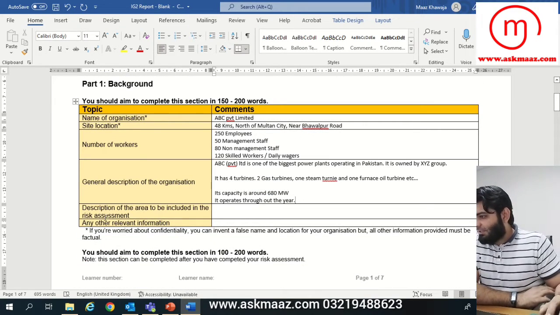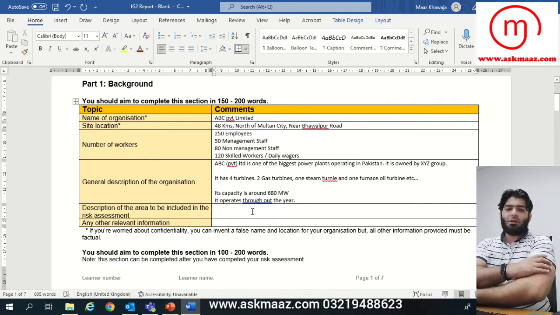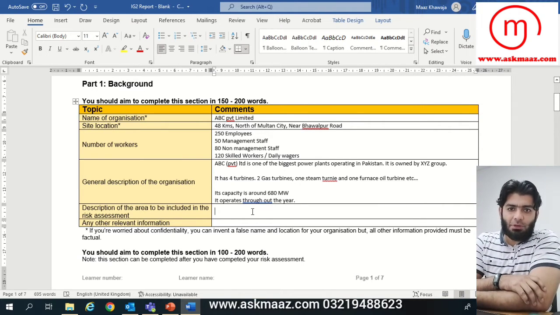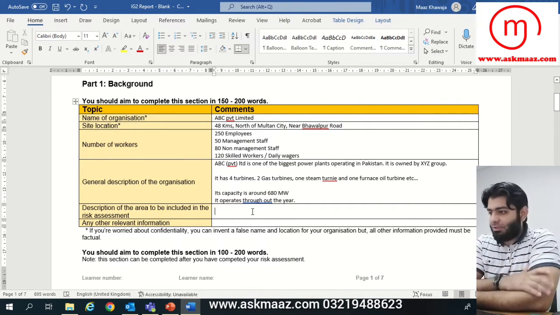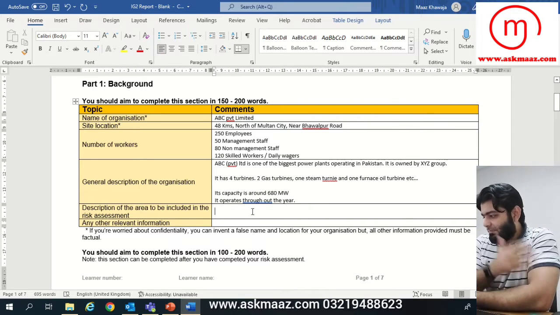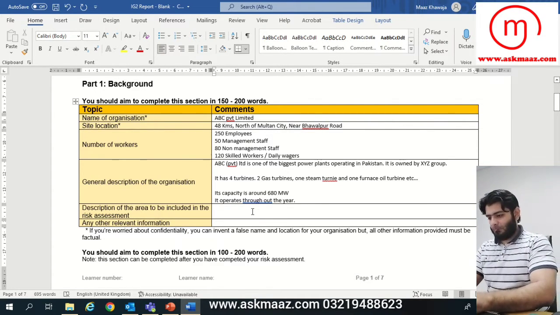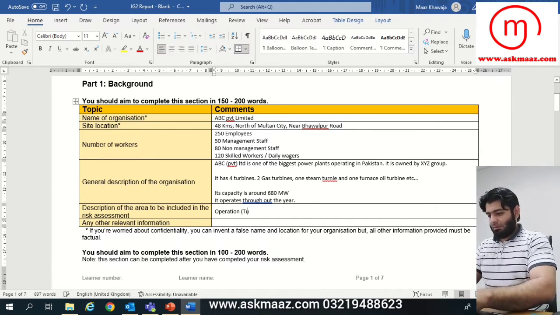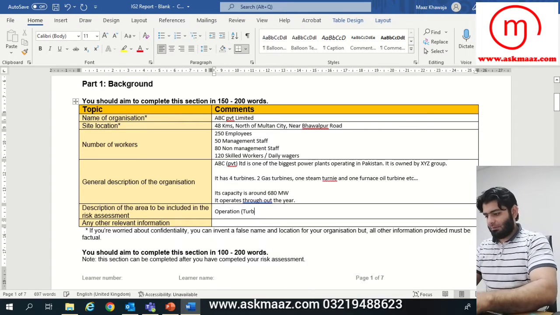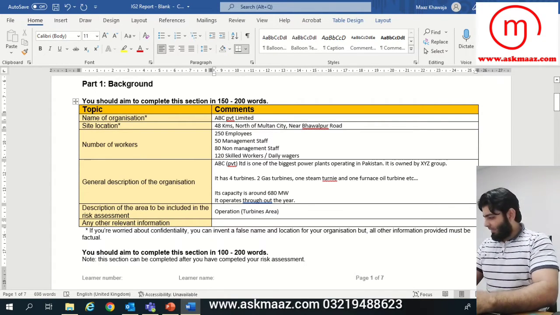So in next section, description of the area to be included in the risk assessment. So which area you want to include in risk assessment, or for which area, which section you want to conduct the risk assessment. So I'll select the operation turbines area. Okay,